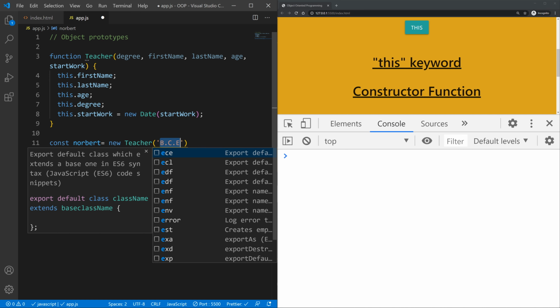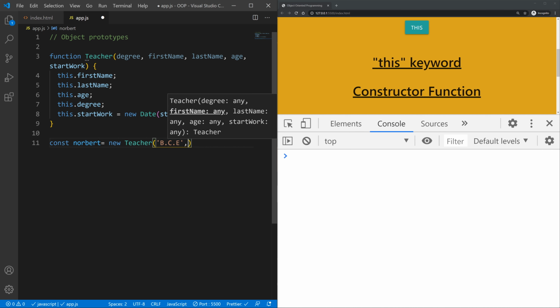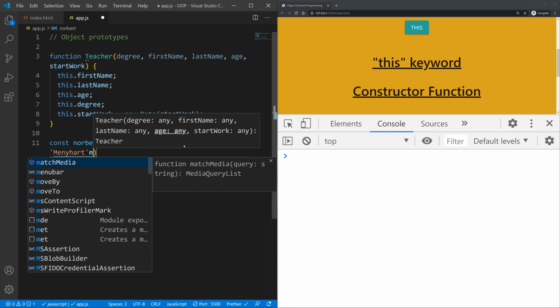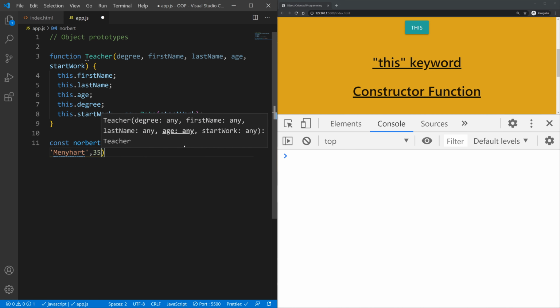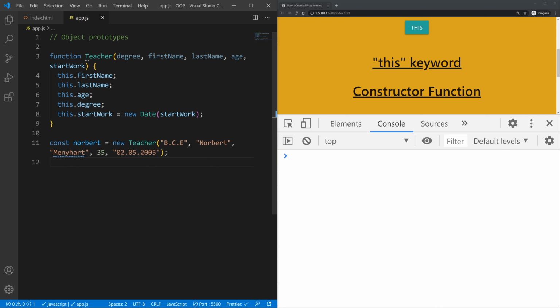This should actually be a string. What am I doing? Okay, and his name is Norbert, his last name is Menhart. He's 35. And let's see, he started teaching sometime in February the 5th, 2005. Okay,